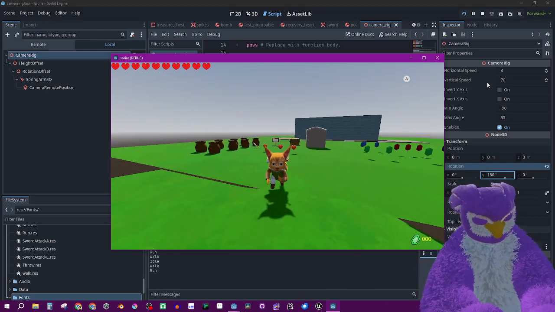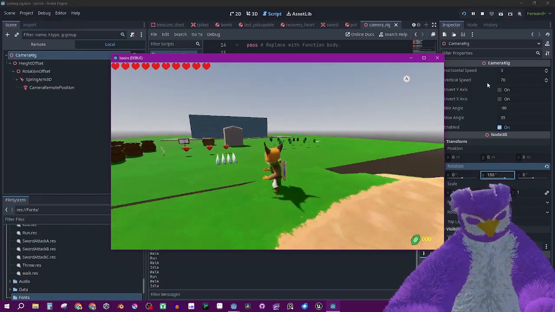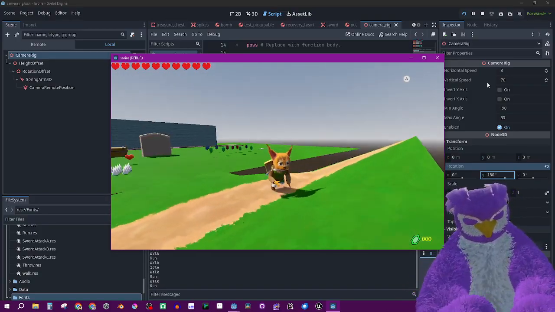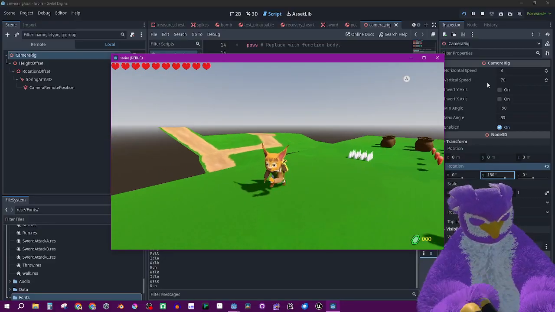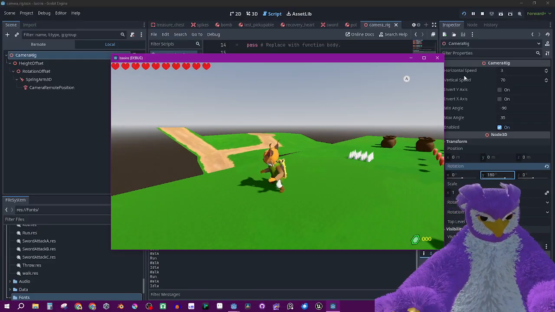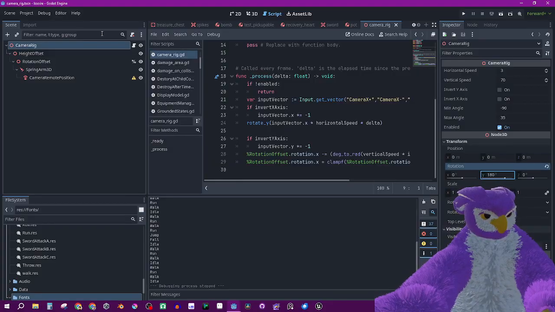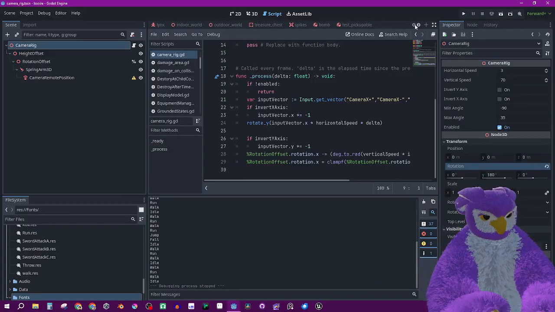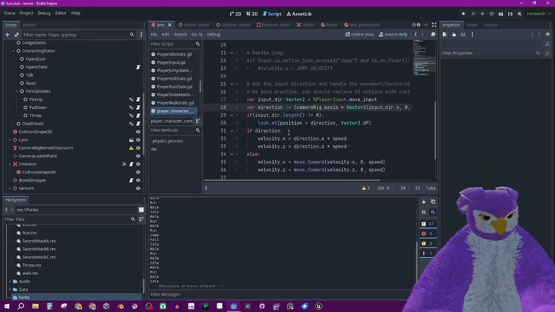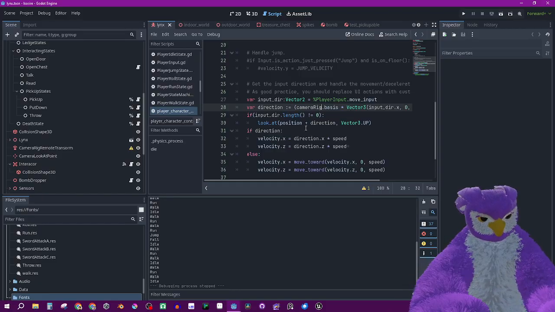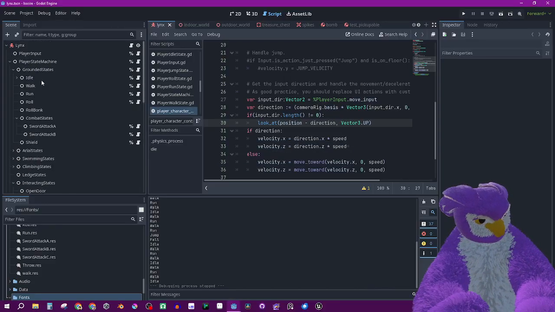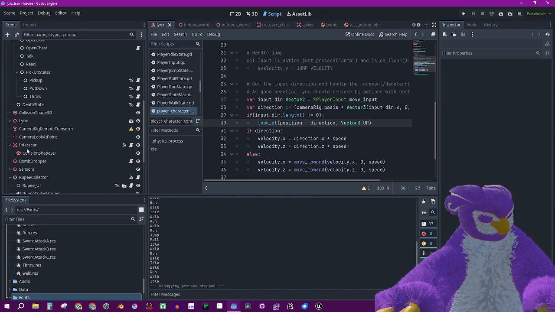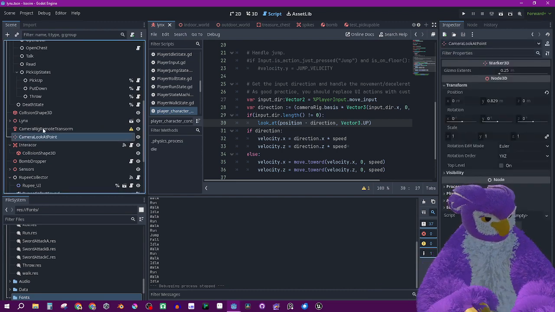Still backwards. Like he's moving in the right direction, he's just facing the wrong way. So I guess we could just say here minus direction instead of plus direction. That seems wrong, but